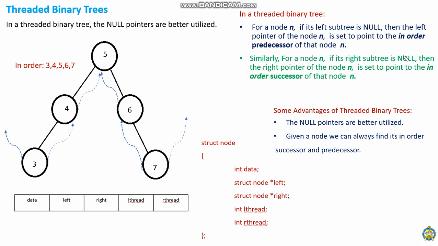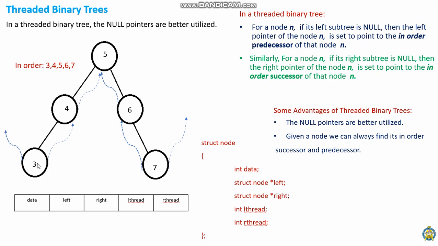Dear friends, we are going to now see what is a threaded binary tree. Let's just consider this tree that is given. Don't worry about these dotted arrows. It's a binary search tree, and if you look at this tree, its in order sequence will be 3, 4, 5, 6, 7. That is in order: left, root, right. So we have the in order sequence as given here.